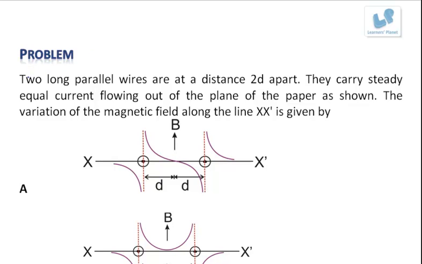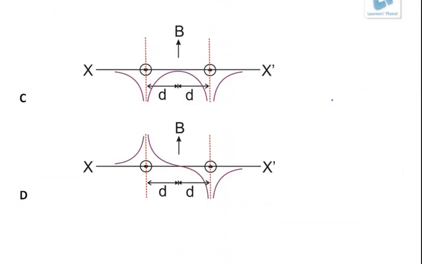Now the next problem is two long parallel wires, they are at a distance of 2D apart. They carry steady equal current flowing out of the plane of the paper as shown. The variation of the magnetic field along the line XX dash is given by. Okay, now